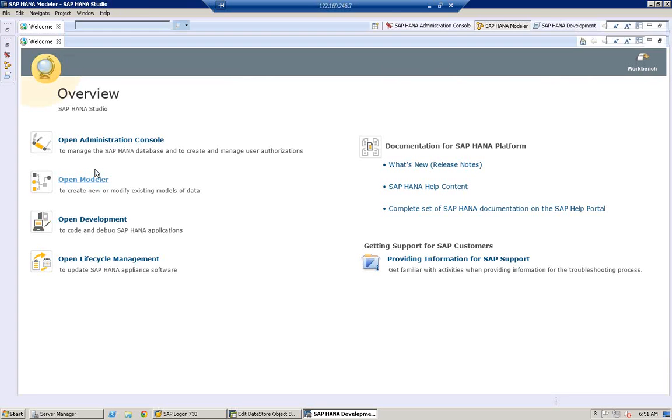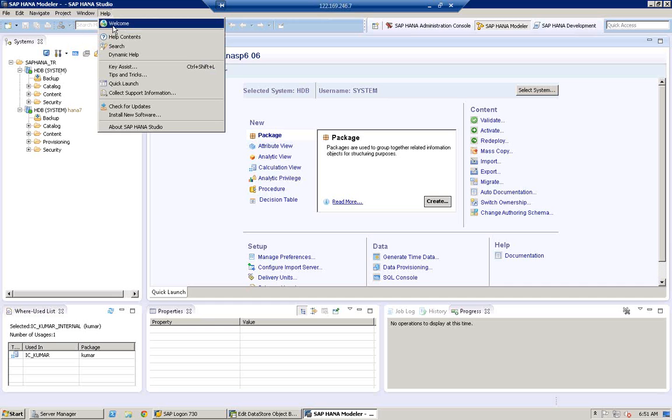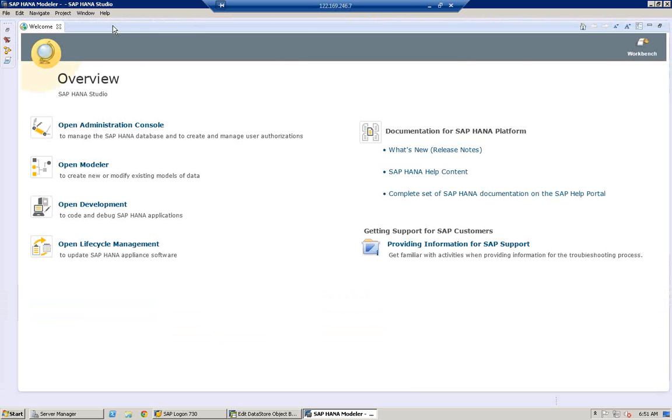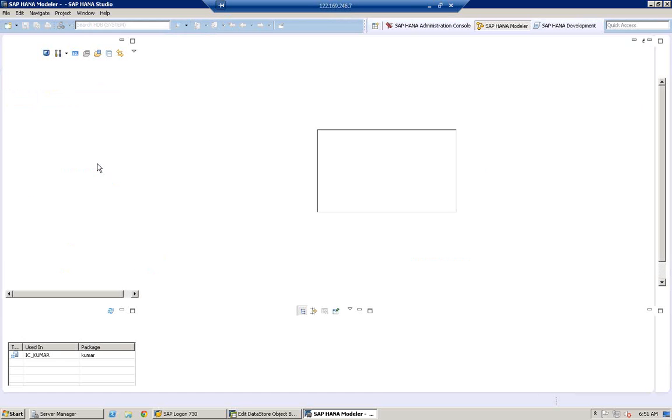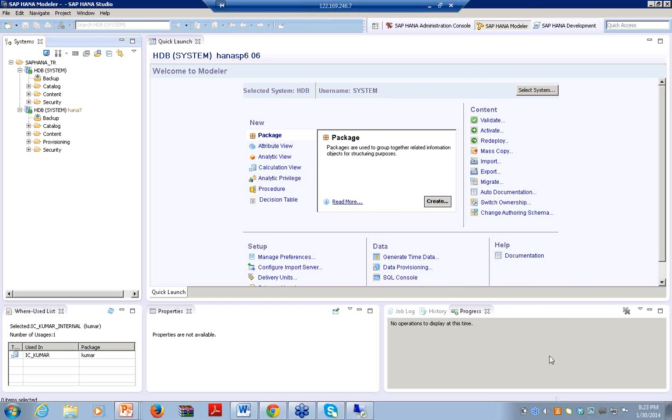Once you launch SAP HANA Studio in a specific perspective and want to switch to another perspective, you don't have to go to the welcome page again. Every time you switch from one perspective to another, you don't need the welcome page. Say you selected the modeler perspective and now want to switch to admin perspective. Do I need to go to the welcome page? No. First of all, on the right hand side,